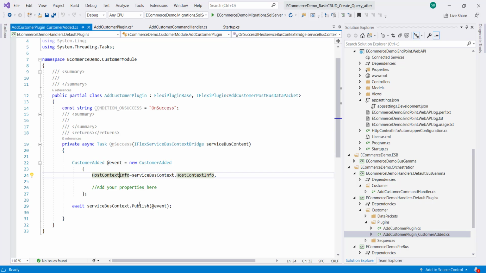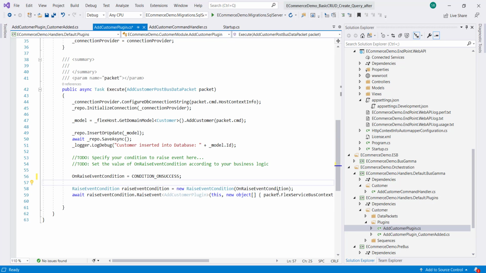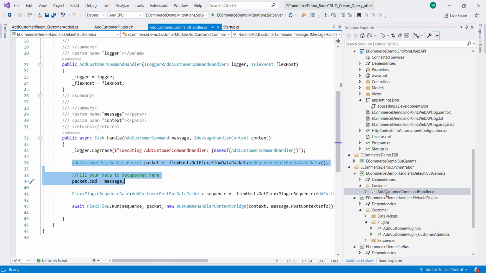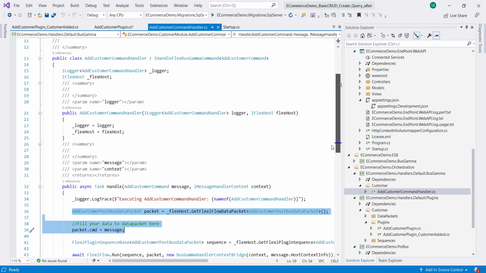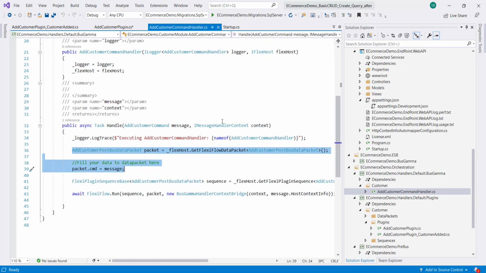And the bus publishes the event. So this context is very important to maintain the transaction for the entire process that is being executed here, and the context that we passed is the context that is available to us from the service bus context. So that's all about the handler. So now let us look at the subscriber.